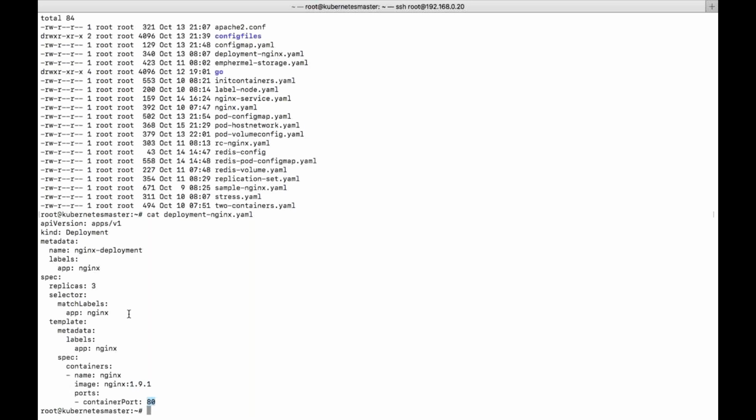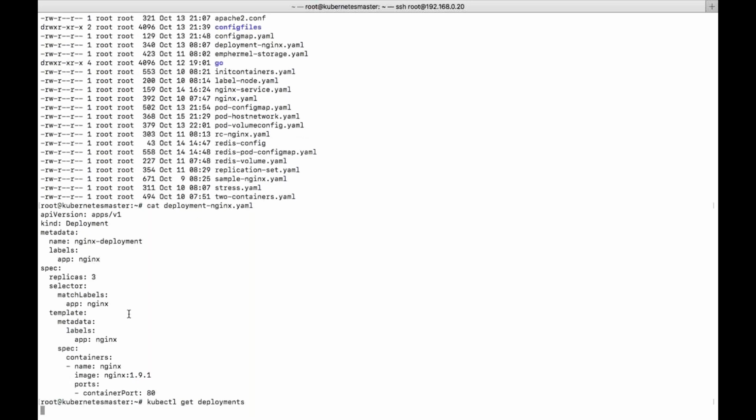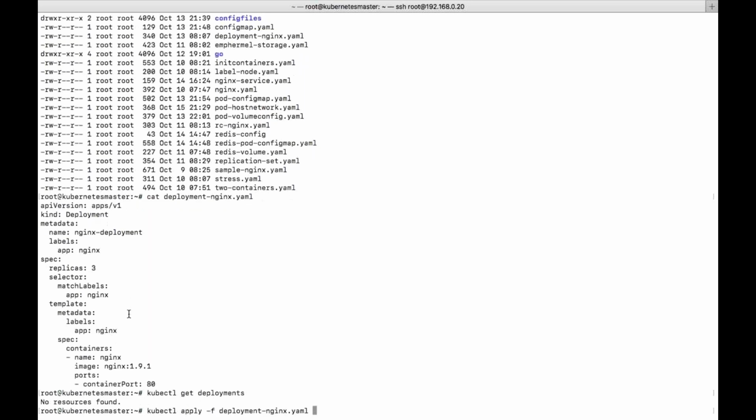First of all, let's see whether we have any deployments or not. No deployments at all. So let's create it with kubectl apply -f. Now the deployment is getting created. You can see zero are available, meaning they are getting created.